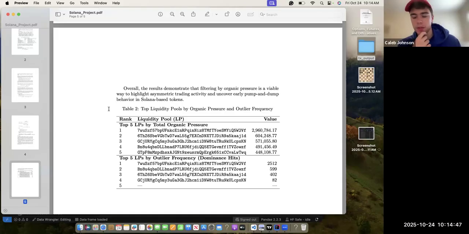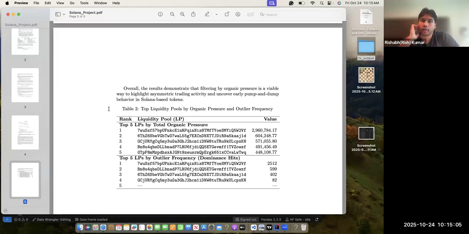I haven't done that at this point. But this is pretty interesting, because you said the top two liquidity pools by outlier frequency were the pump and dump liquidity pools. That corroborates, in a different way, that these transactions and these liquidity pools had a lot of manipulation. It corroborates both of our findings in two different ways, which is really nice and comprehensive, I think.